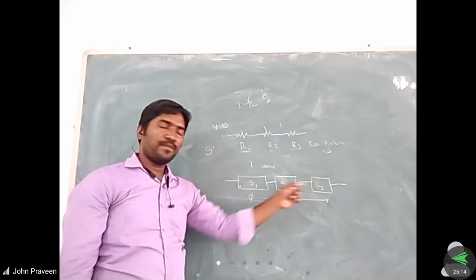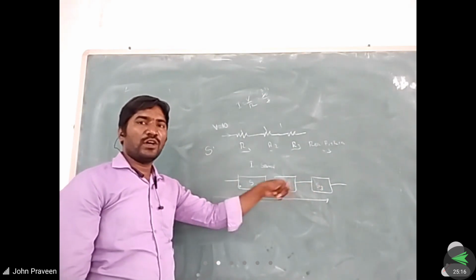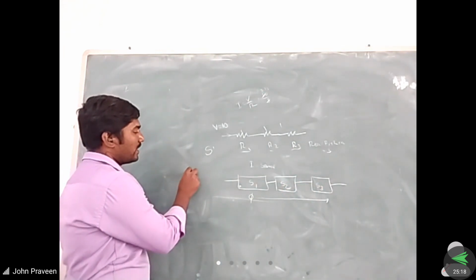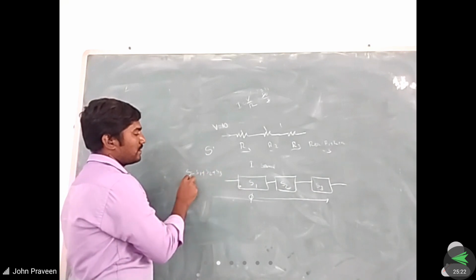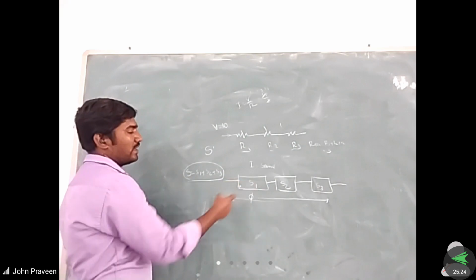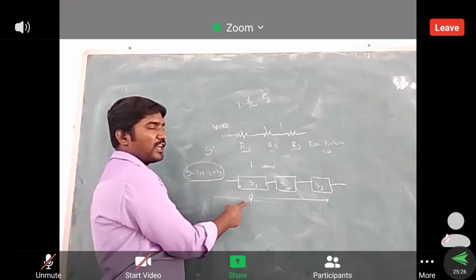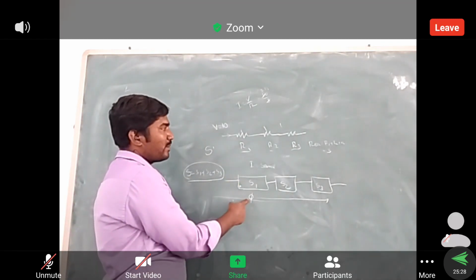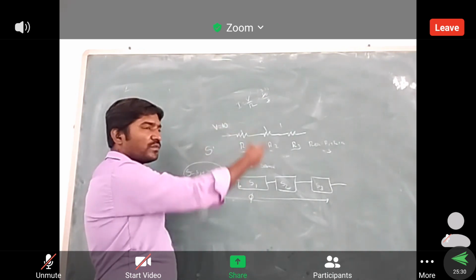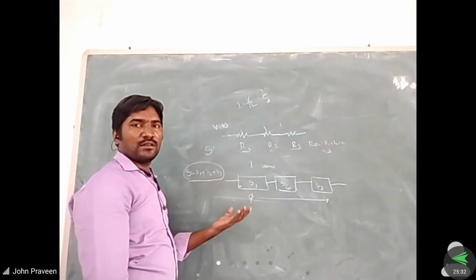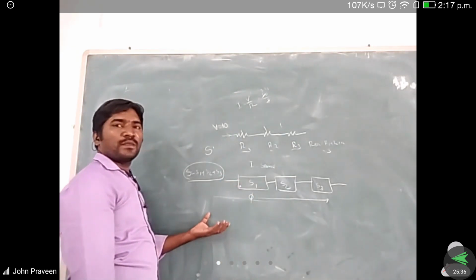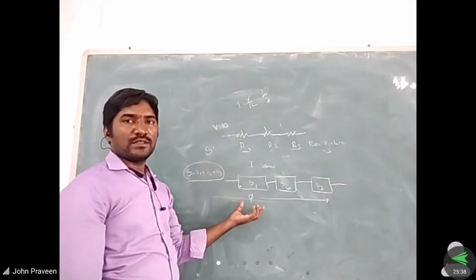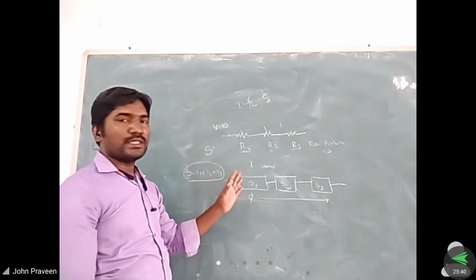We find out the reluctances. So how can we find the reluctances? S is equal to S1 plus S2 plus S3. First we find the S value. Then we want to find the phi value. To determine the phi value, we have other formulas. Simply substituting into those, we derive the phi equation. Right? So this is the basic concept.